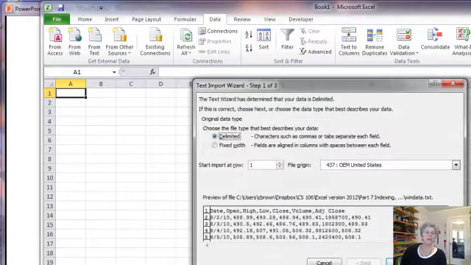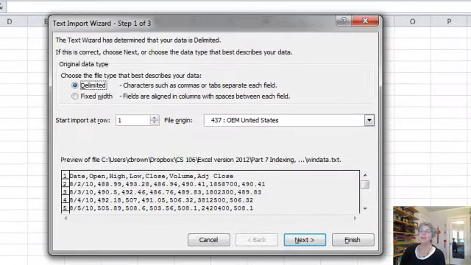Now here's the import wizard. This is very nice. And what it does is it lets you tell Excel what format your data's in, so it can do the best possible job of putting it into columns and doing what you want with it. So, okay, we're going to start at row 1,